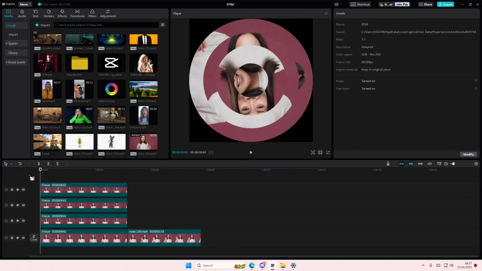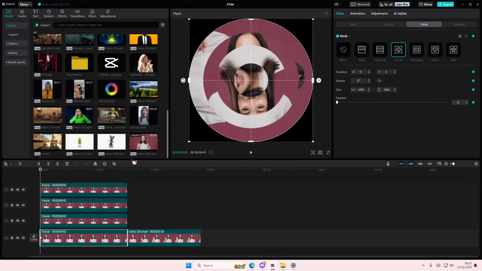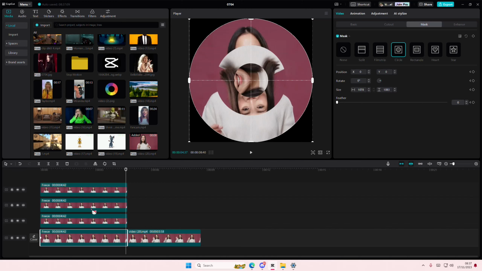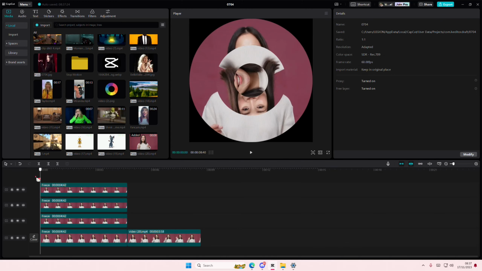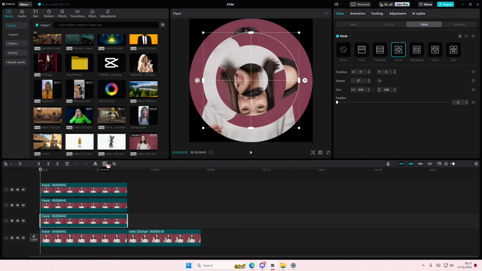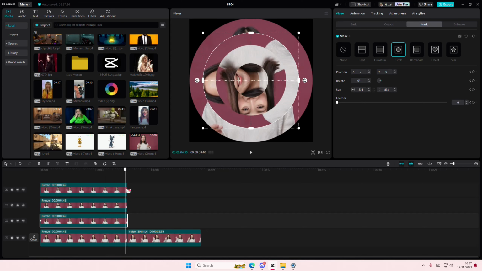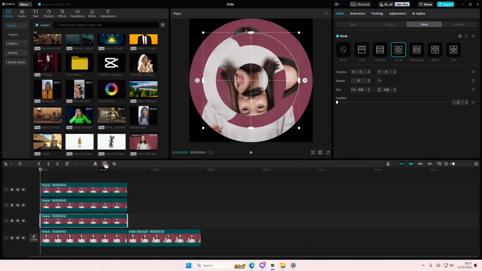And then after that you are just going to add in keyframes. So here we're going to add a keyframe, and then at the end we're going to rotate it to its original position like that. And then here actually I'm just going to rotate it another way first so that I can put it back to the way it was, maybe like this. Add a keyframe again, and then at the end I'm going to rotate it so it fits the picture. Okay, maybe I'm going to rotate it there like that. Add a keyframe here,